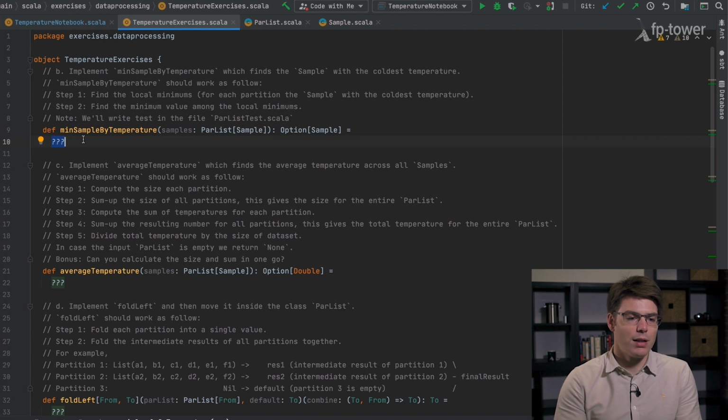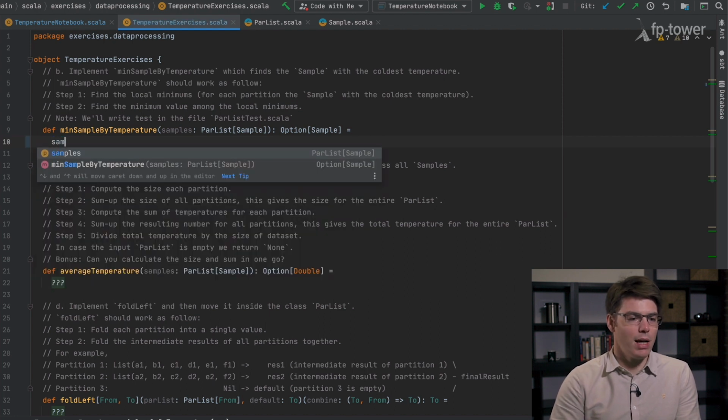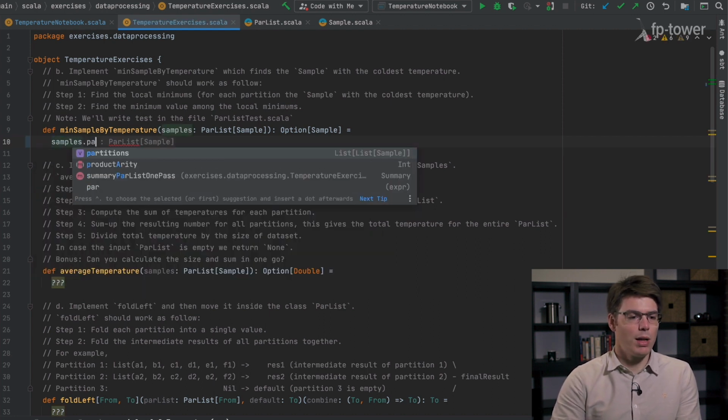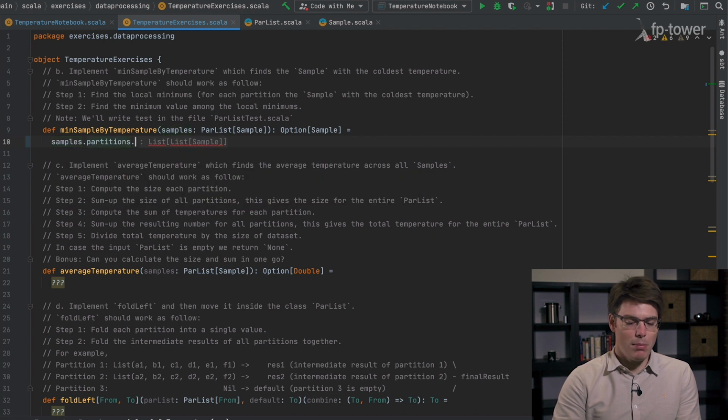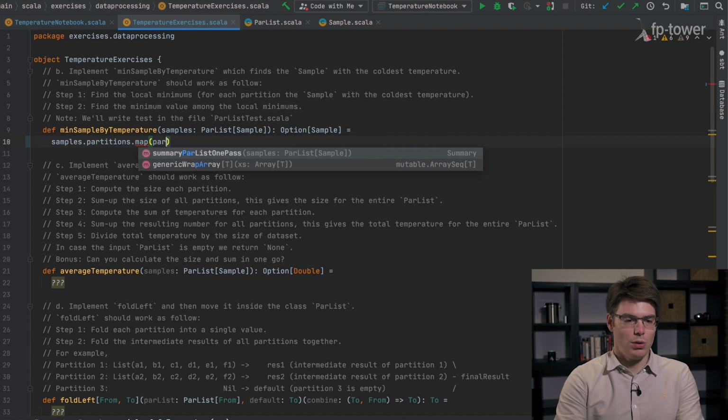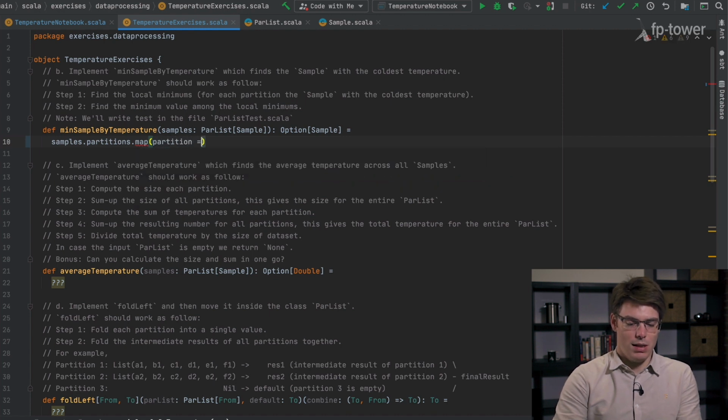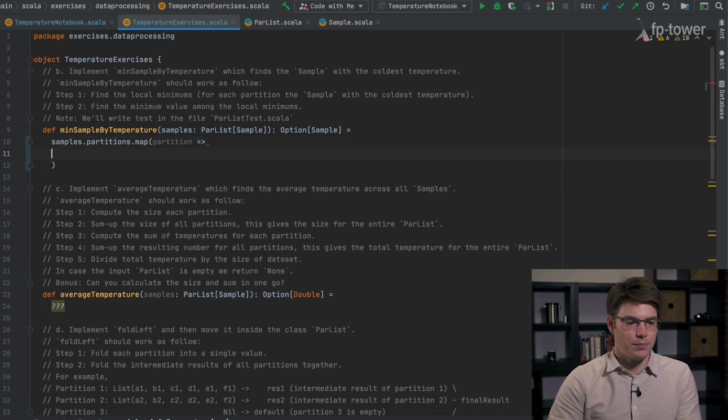Okay, so we want to find the local minimum first. So we'll take our par list, we'll look at the partitions, and we'll map over it, such that we'll have access to each partition inside of the par list. For each partition, we want to find the coldest sample in this partition.